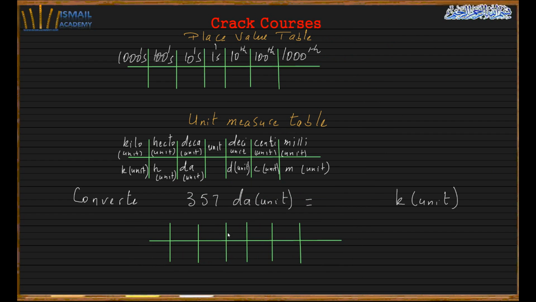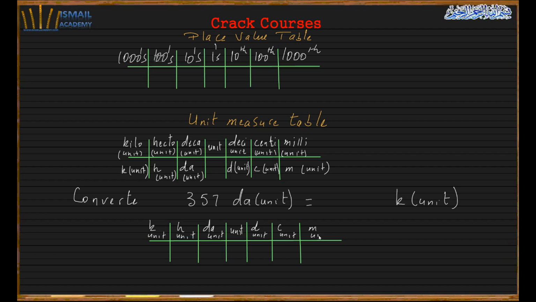I will do here the unit. This is my deca unit, this is my hecto unit. I will not use deca, I will just put DA unit. So we have DA unit, hecto unit, kilo unit, and here we have deci unit, centi unit,